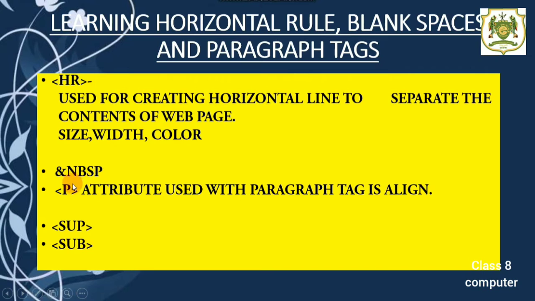Next we have the paragraph tag. The paragraph tag is used with P. Wherever you want to start a paragraph, we can use the P tag there. The P tag normally does not have a closing tag, so P can be given in this manner only, without the closing tag. Wherever we want to start a new paragraph, we can give the P tag here. The P tag also has different attributes, like the align attribute, which we can use along with the paragraph tag. We can shift the paragraph to the left-hand side, to the right-hand side, and to the center also.